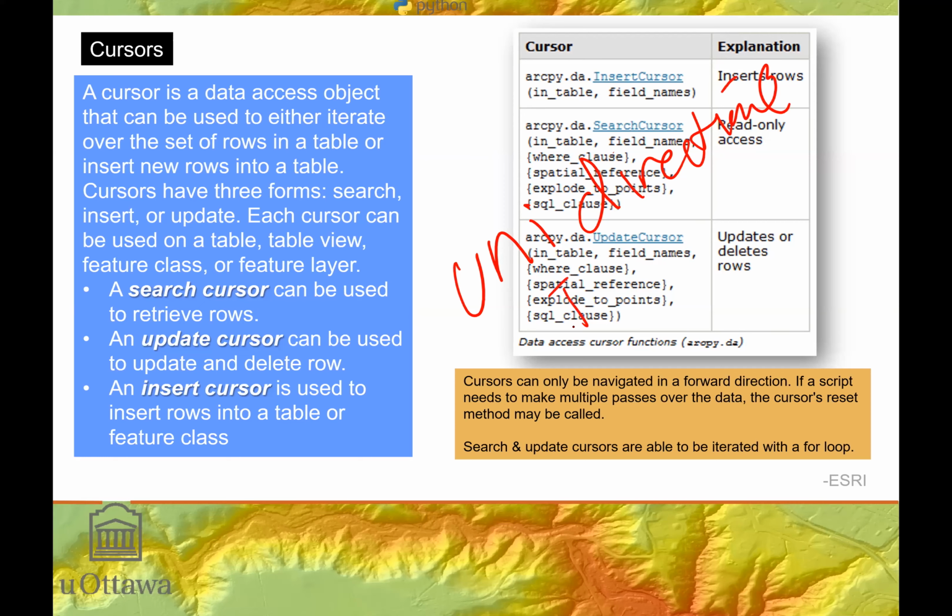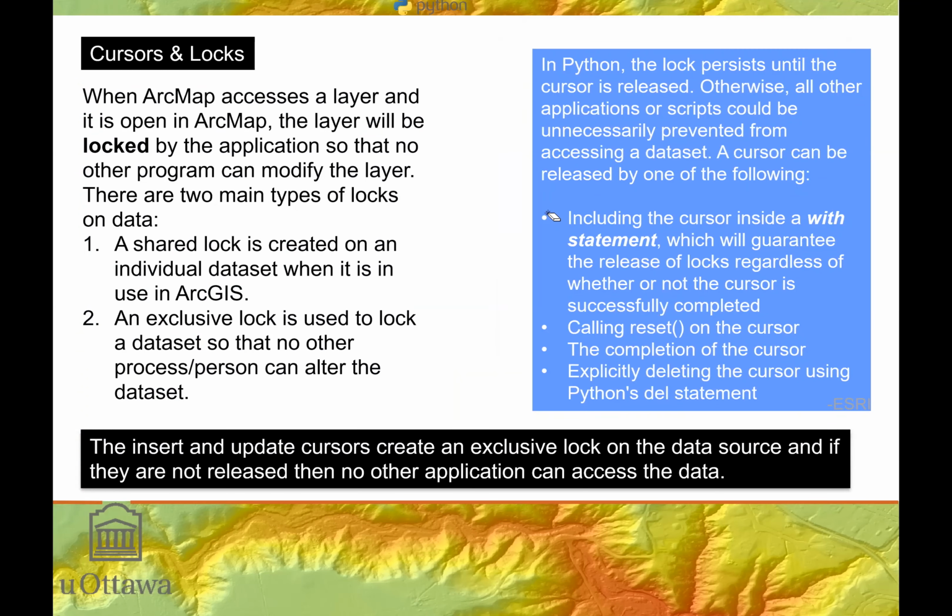Unidirectional iteration. And resetting cursors is important if you want to reuse them. You can either reset them or reinitialize them. The other thing to remember with cursors is if you're having ArcGIS open, let's say ArcMap or ArcGIS Pro open